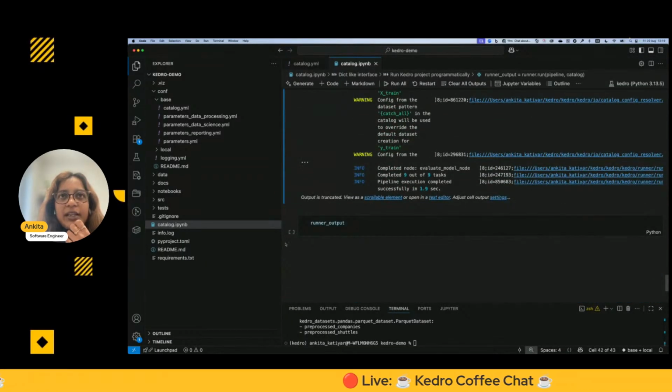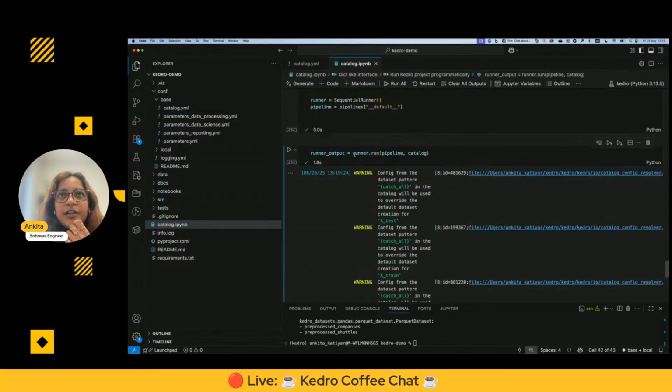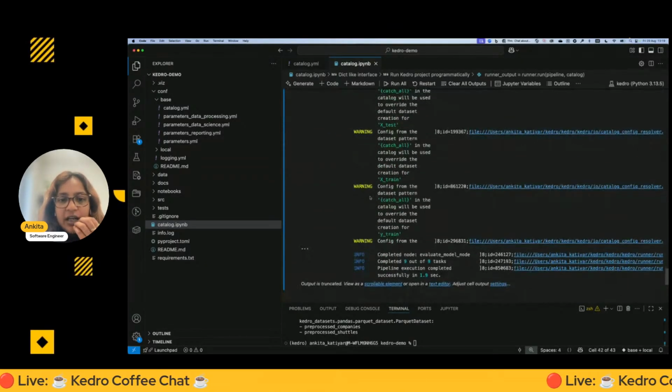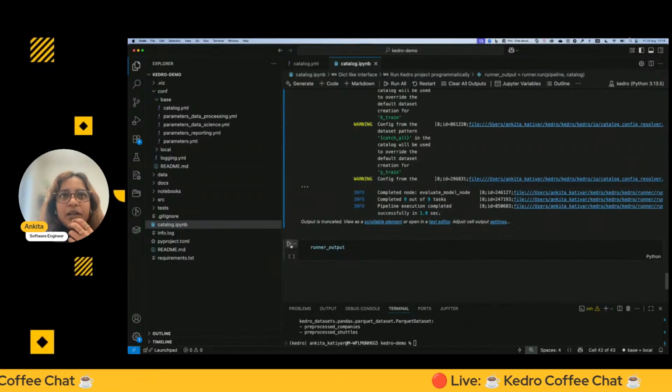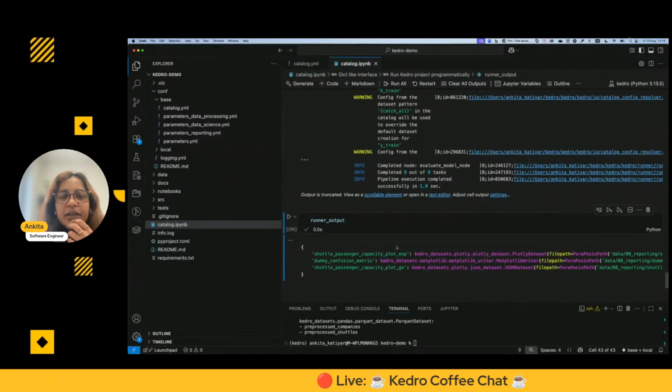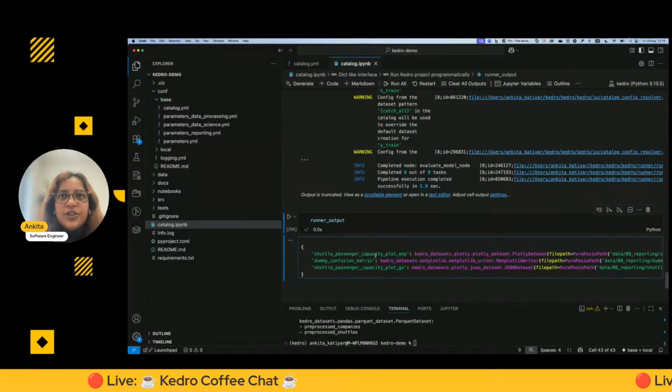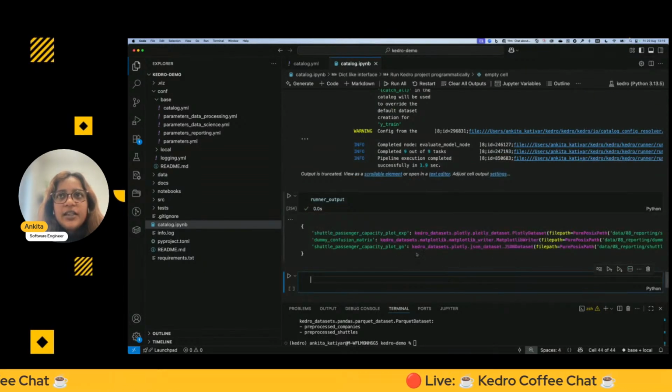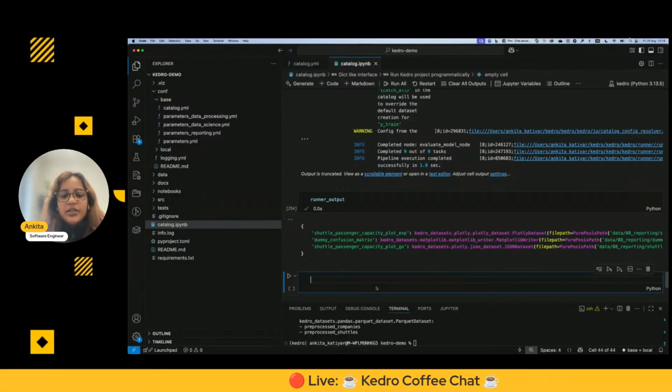And what you get as the output of runner.run are the datasets that were defined as the outputs for this pipeline. So essentially, you receive a dictionary of the outputs and then the datasets, and to load the output,